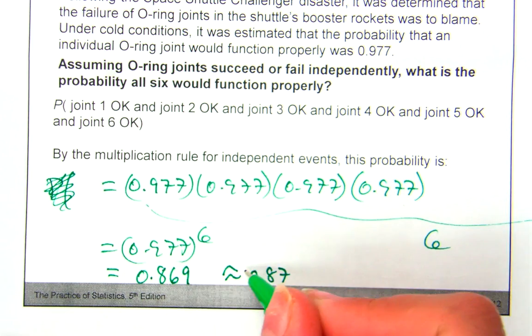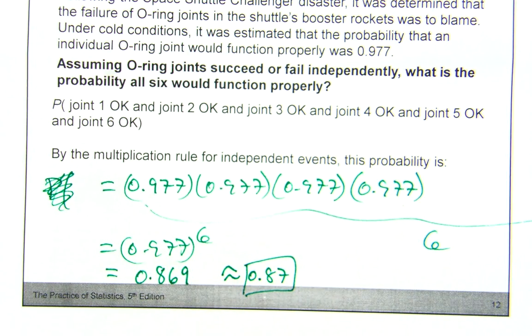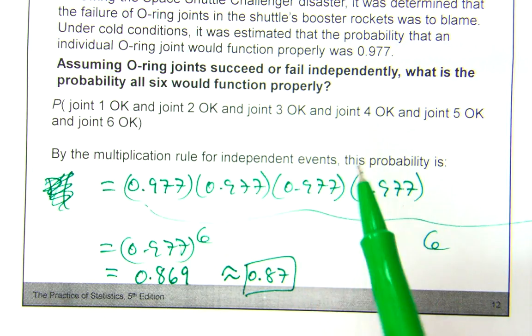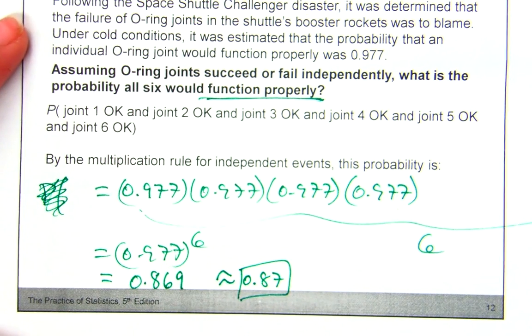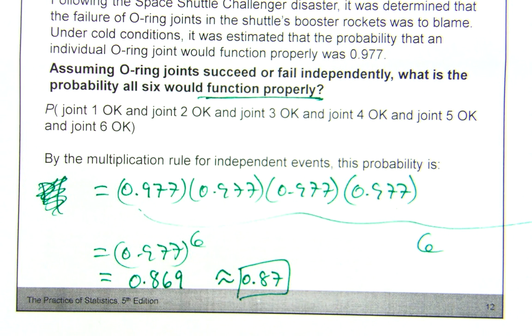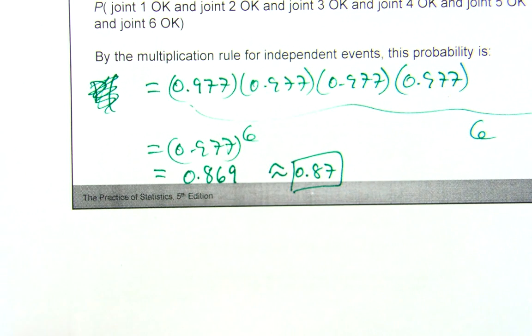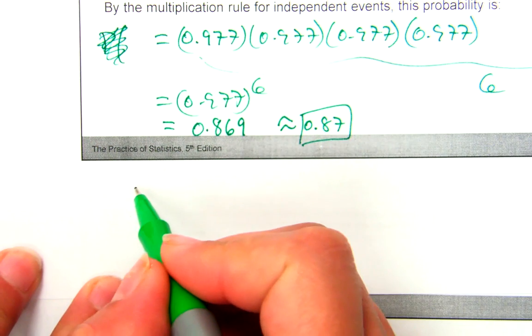All right, there you go. If you know they're independent, you just multiply the probabilities together. You're assuming they would function properly. You can do the inverse of this and say, well, what's the percent that they wouldn't function properly? You would just do the complement of that, right? Presumably. Well, let's see if it actually happens. What's 1 minus 0.977? If, let's say, they failed,